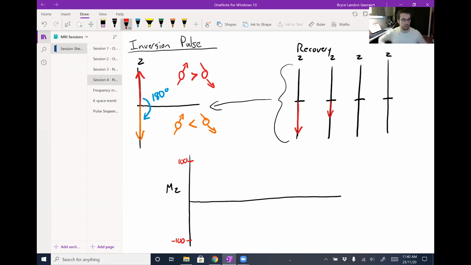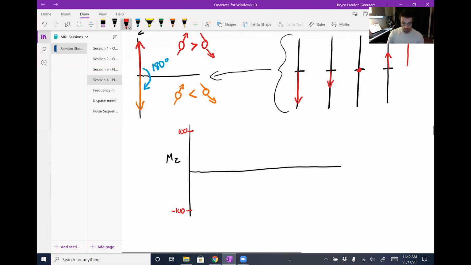less magnitude still oriented downwards as some of those spins exchange their energy with the surroundings. And then at some other time point, there will actually be no longitudinal component of the NMV. And then after that, the proportion will, instead of being balanced, switch to being disproportionately up. So our NMV will recover to its full magnitude in the up direction, right? So this is a different recovery trajectory than we've been talking about previously,